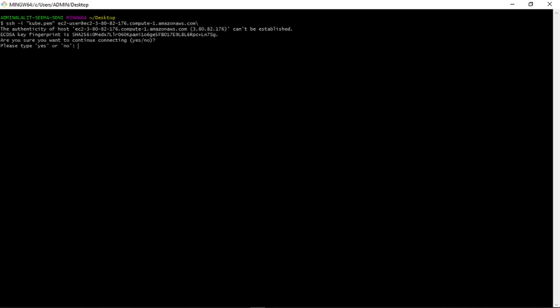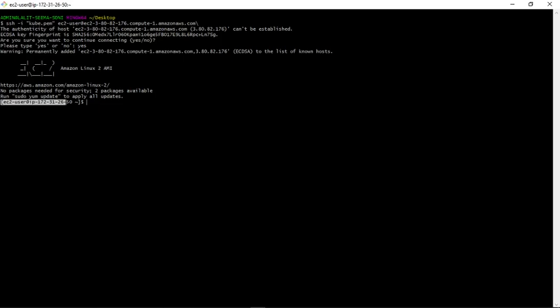I have entered it, but it is asking me, are you sure you want to continue connecting? Because in the backend, guys, it has detected our key. See, this is our key which it has detected, and it is authenticated that yes, we have the key and we can access. See guys, right now we are in the terminal of the EC2 instance, and ec2-user is the name of the user of our EC2 instance which I have built, and this is showing the private IP address. You can also go to the console and cross-verify the private IP addresses of both the EC2 instance and the terminal.